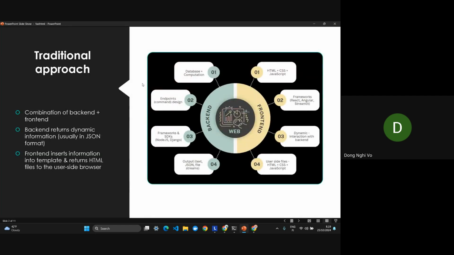Before we get into FastHTML, I would like to talk about the traditional approach, to understand what the inputs and outputs are and what the whole process of web development looks like. Traditionally, the web is made of two main components, that is the back end